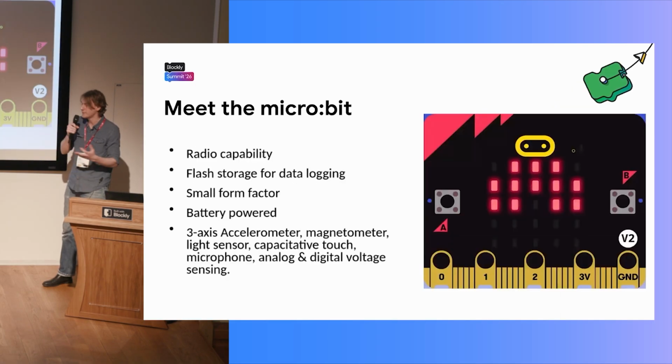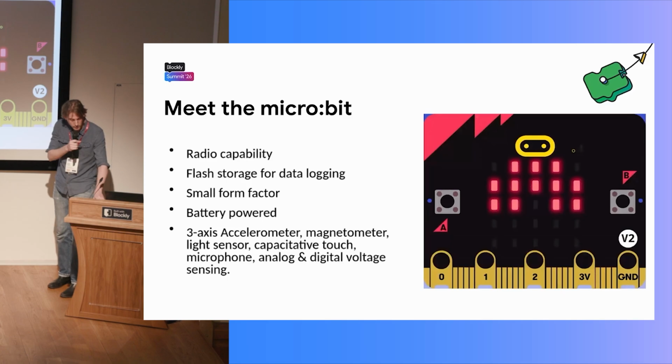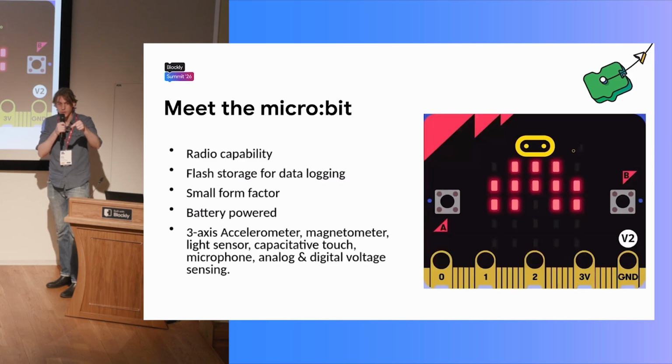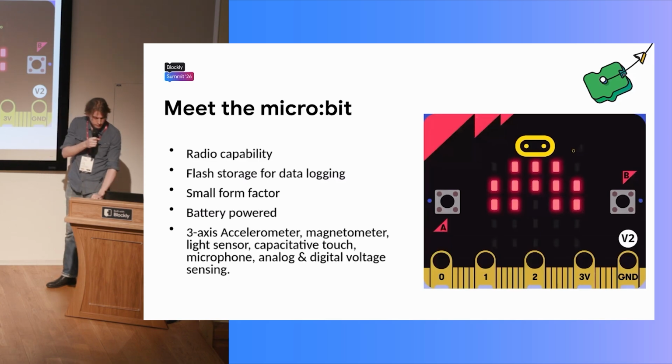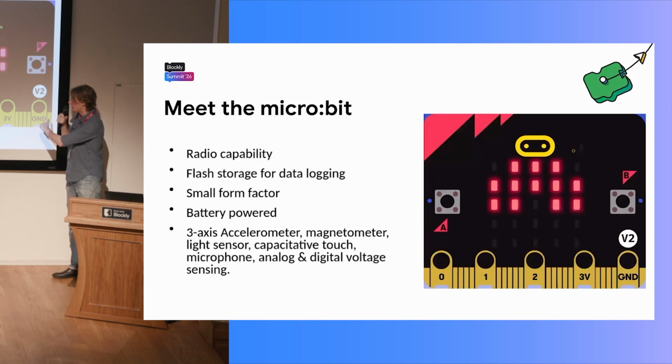So this is the microbit. I think you're probably familiar with how it works, but here's a bit of an overview. It's a very small embedded device that's really popular around the world. It has lots of sensors and actuators on it, and it has radio capability so you can talk to different devices. Also quite important, at the bottom here are these pins. You can touch them, they work as touch sensors, and they can also be input and output devices,